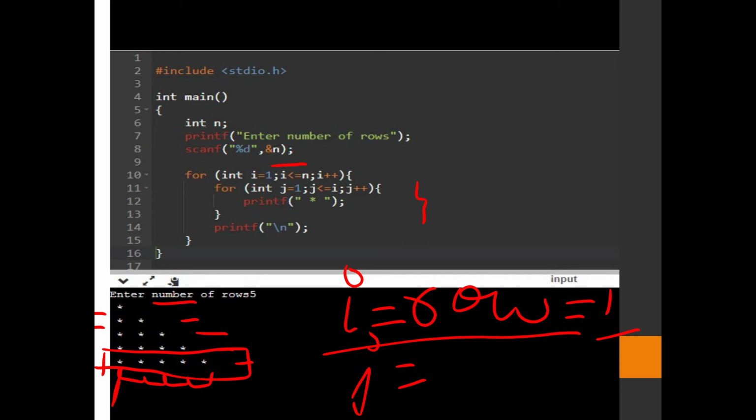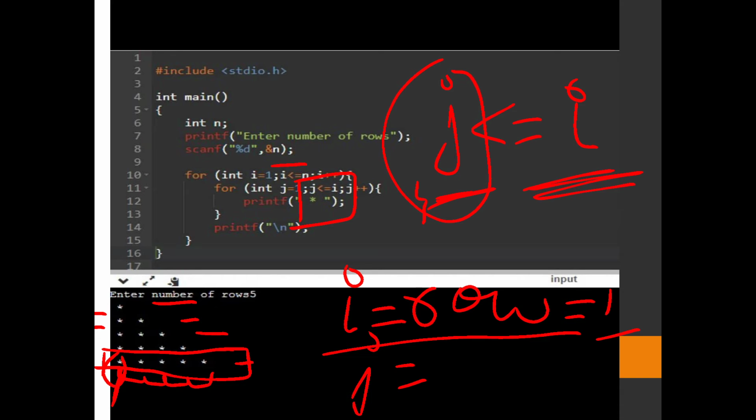It will print one star, then check the condition again. The value of j should not exceed the row number. Here you can check that I have used the condition j less than or equal to i, meaning the counter for star printing should not exceed the row number.